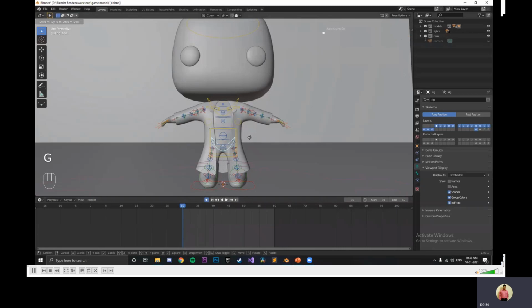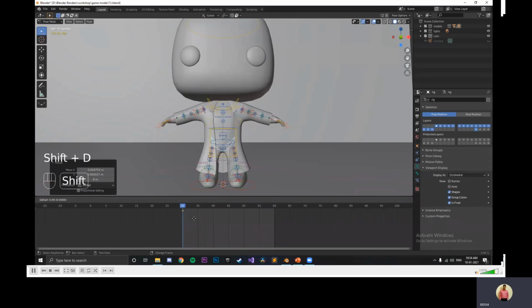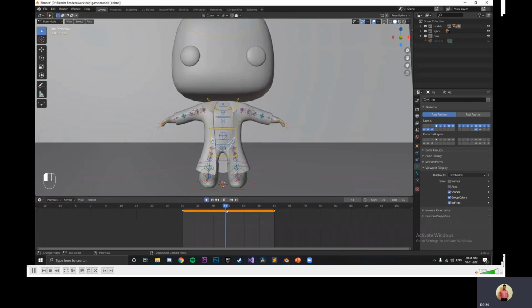So if I press G and left click, it will create a keyframe over here. And we will have to move it also over here. So we will duplicate this keyframe. Now I press Shift D to duplicate and I move this till here. Now that's all I want. That is the first and the end frame. Now I bring my cursor here, or let's say over here, so that we get an even animation. Now I want to make him dance.